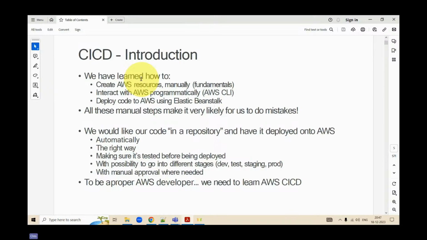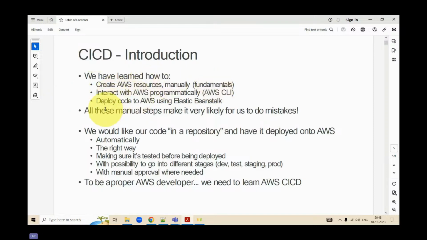So first is CI/CD. What does CI/CD stand for? I think it is continuous integration and continuous deployment. Correct, right. So that stands for continuous integration and continuous deployment. What we would be learning is how to create AWS resources, the fundamentals.